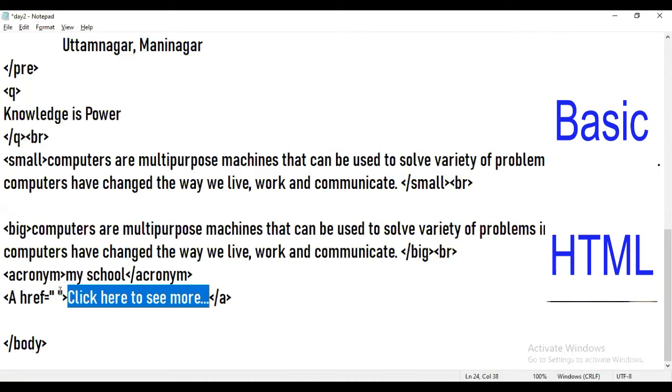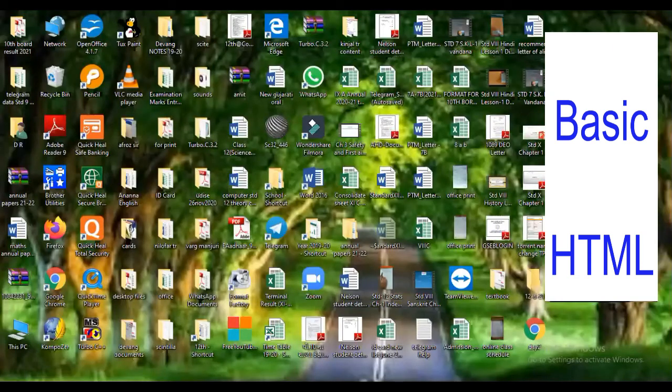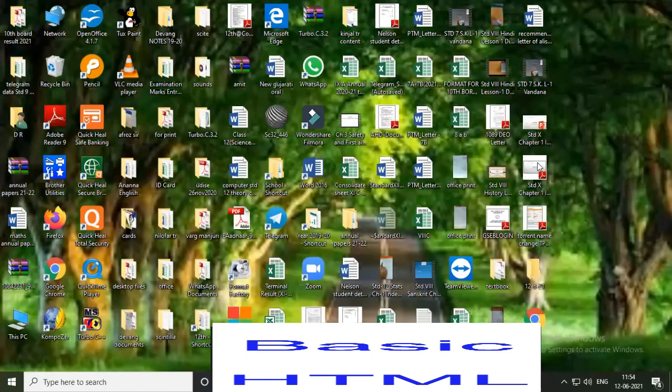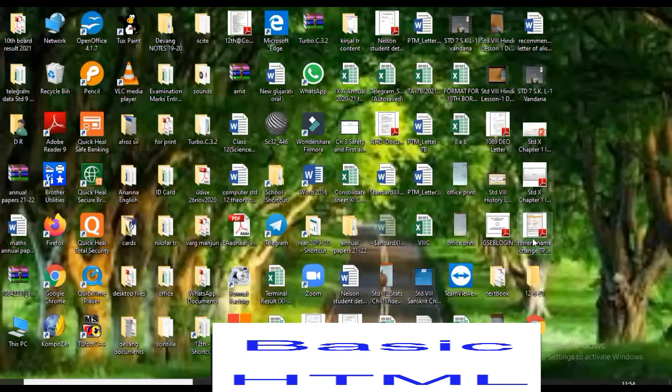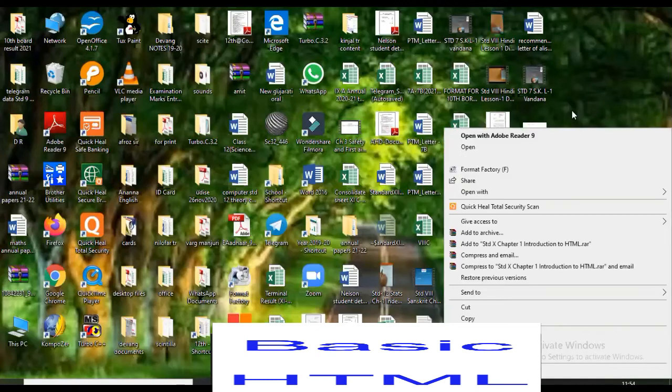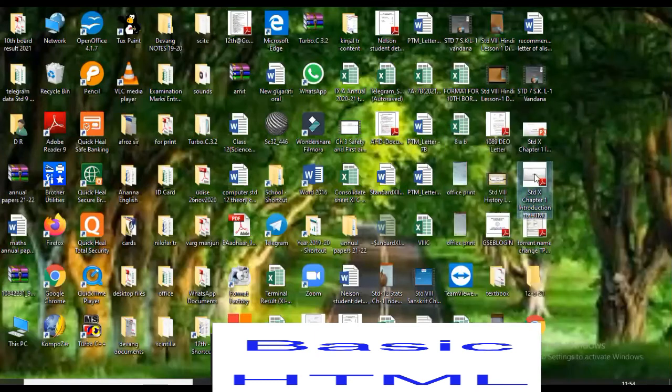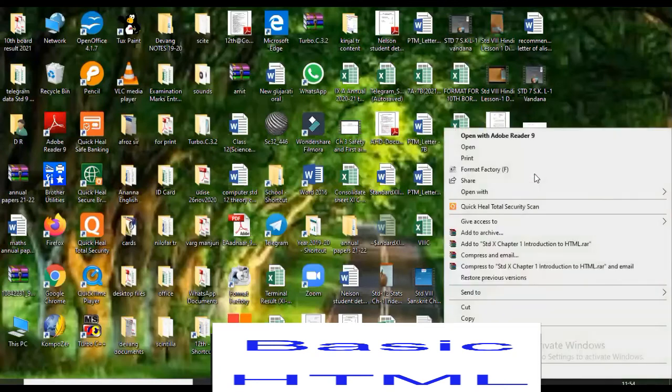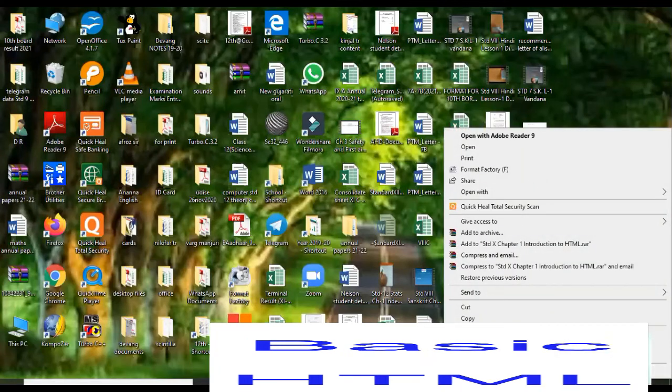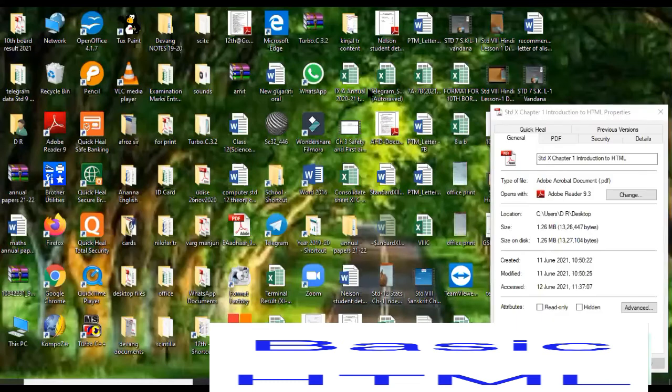here. So for example, there is one PDF that I'm going to show to students. So for example, this file I'm linking. Right click on that file, go to properties.